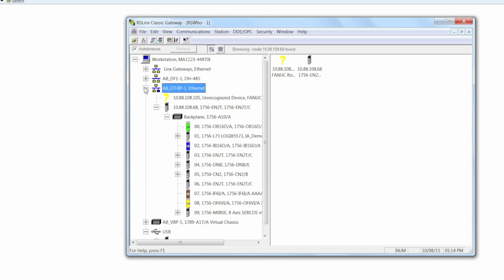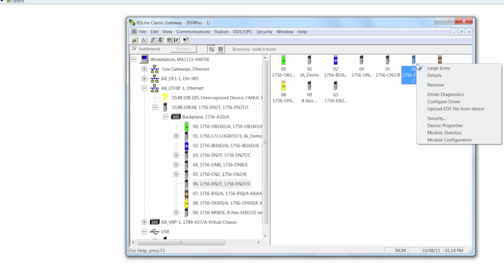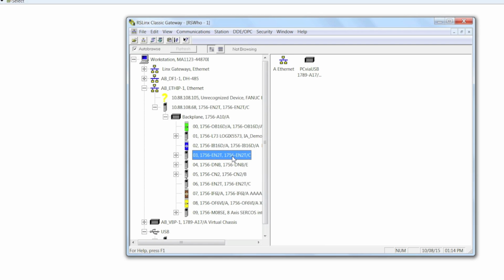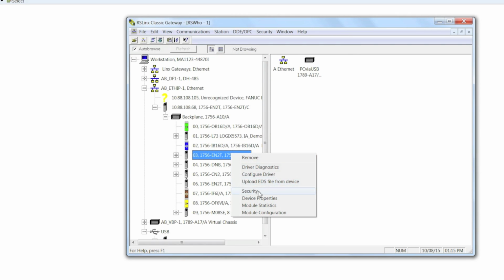To double check, I can go through my Ethernet device. Here you see my card in slot number 6, which is the one I've been communicating through, 5.8, and this now matches the device in slot 3,